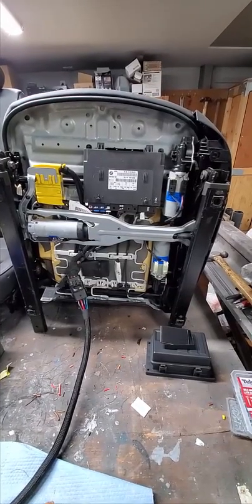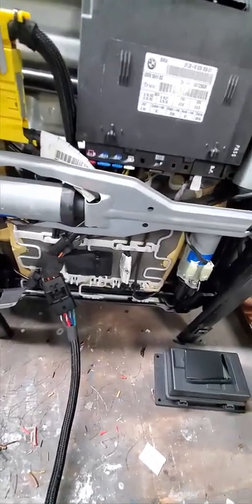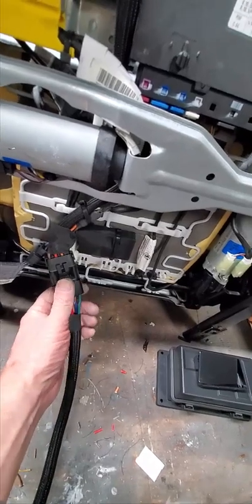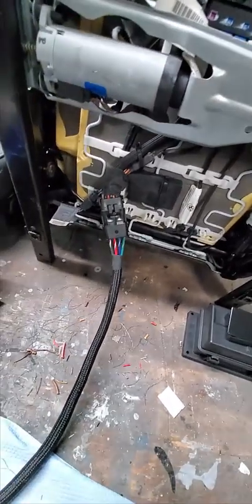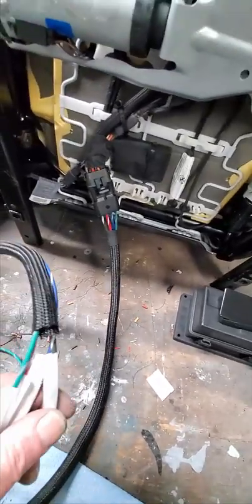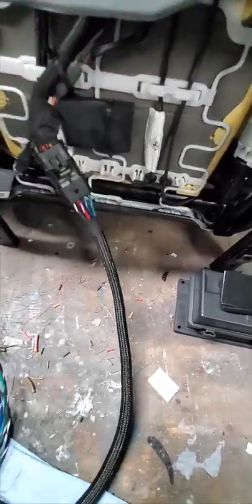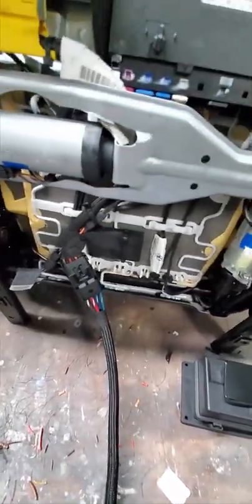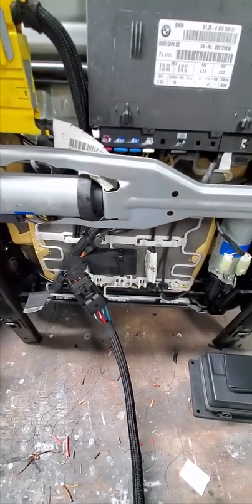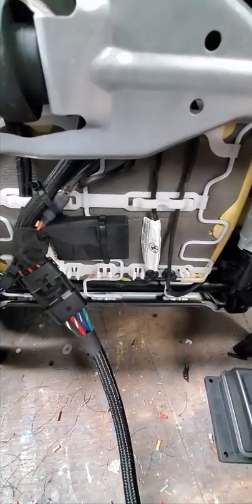All right, I got it all buttoned up and everything's working. So you can see I've got the wires onto a connector, so you can take the seat in and out and disconnect it here. I got loom on it, and I made it nice and long and then I put labels on all the wires. When I go to hook it up, I know what they do. So I had showed that 12 volt to 5 volt converter and then the square wave generator, and what I got was a